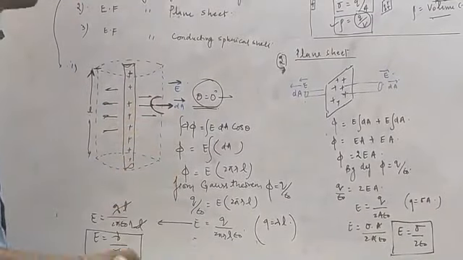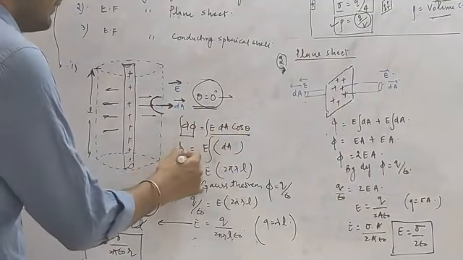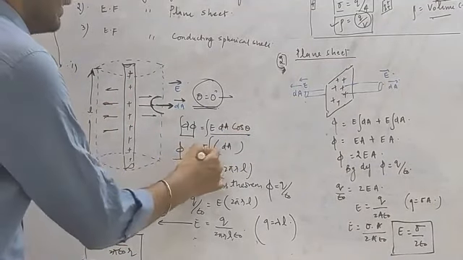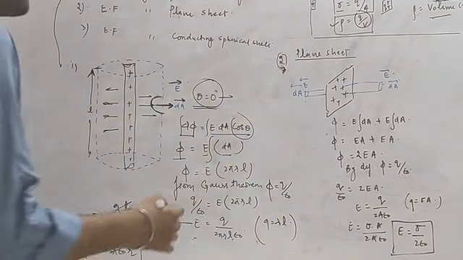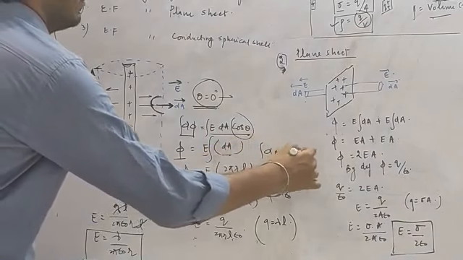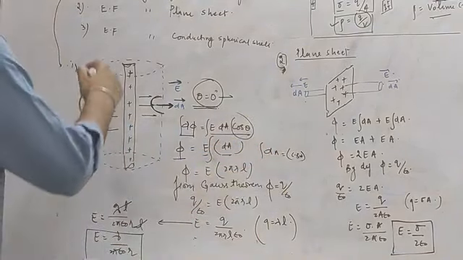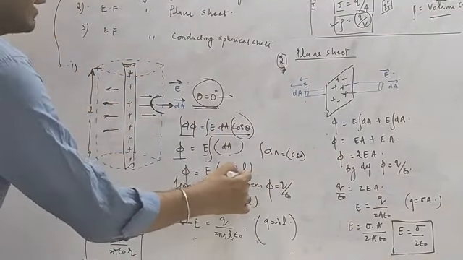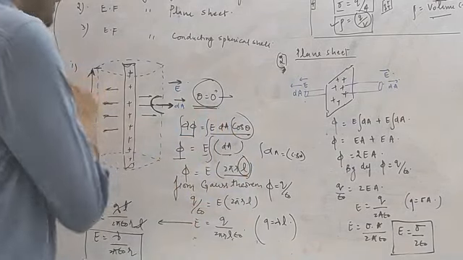We will proceed in our derivation. d phi equals E dA cos theta, a simple step. Integration of d phi equals phi, equals E times integration of dA, because theta equals 0 and cos 0 equals 1. Integration of dA, as we have already discussed, is equal to the curved surface area, and the curved surface area of the cylinder is 2 pi r h. Here instead of h we have used the value L.